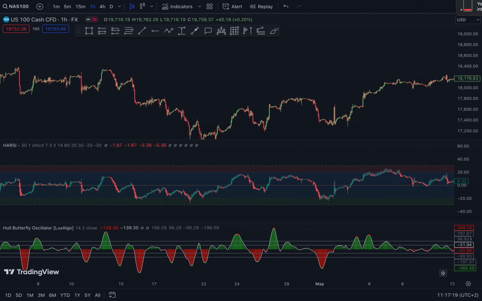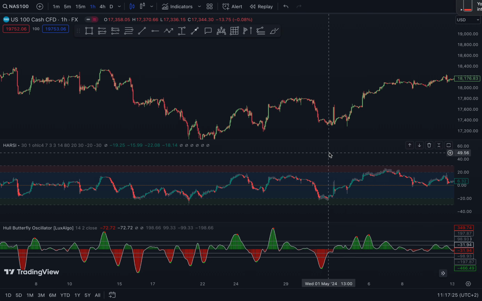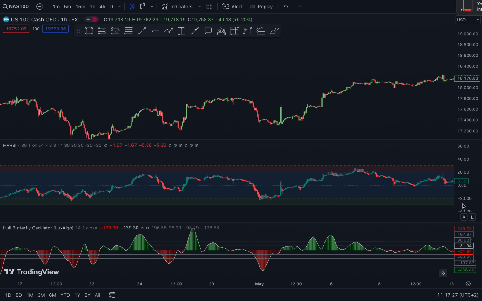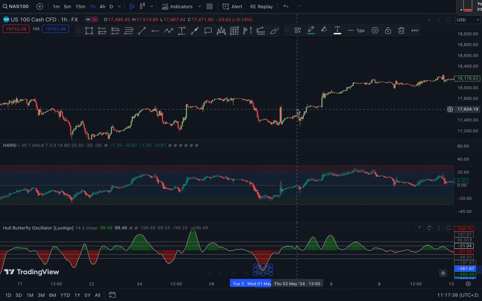This is a very simple strategy. I don't think I'll go too deep into it because it is quite straightforward. Now we're gonna look for two confluences between our Hasi and our Hull butterfly oscillator. All right, whenever our Hull butterfly oscillator is oversold, we're looking for buys